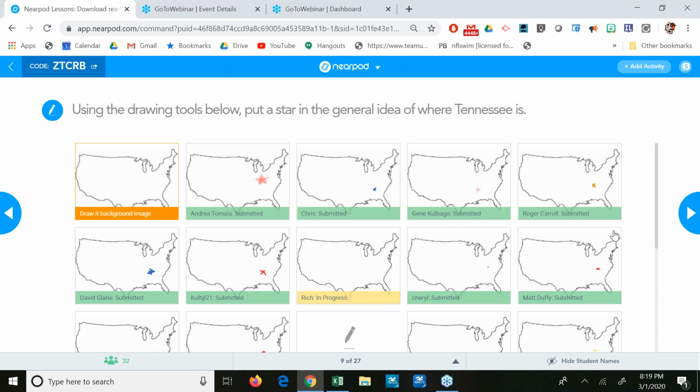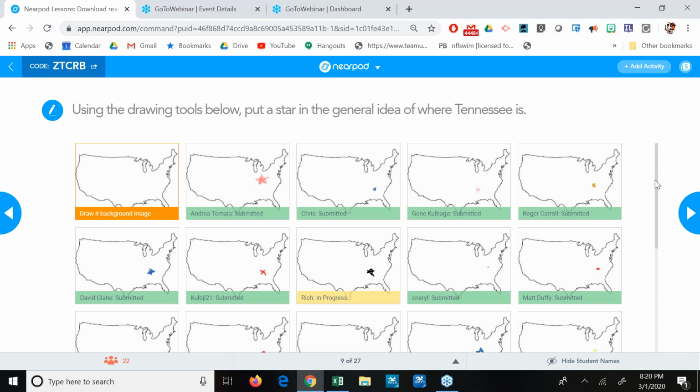So this is a form of formative assessment. I'll know which kids are with me, which kids have an idea of where Tennessee is, which kids don't have a clue where Tennessee is, and then I can address that problem right then and there, right on the spot. I don't have to leave the PowerPoint, go to quizzes, go to Kahoot. I don't have to pass out a piece of paper. I'm not going to wait for the end of class to give out exit tickets or whatever. I'm able to find out exactly which kids know where Tennessee is, which kids definitely do not. All right. So go ahead and head back over to the Nearpod.